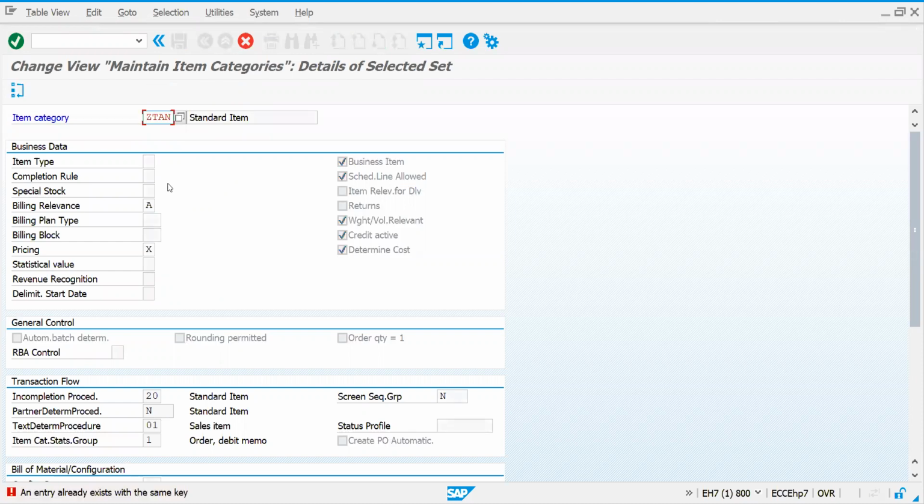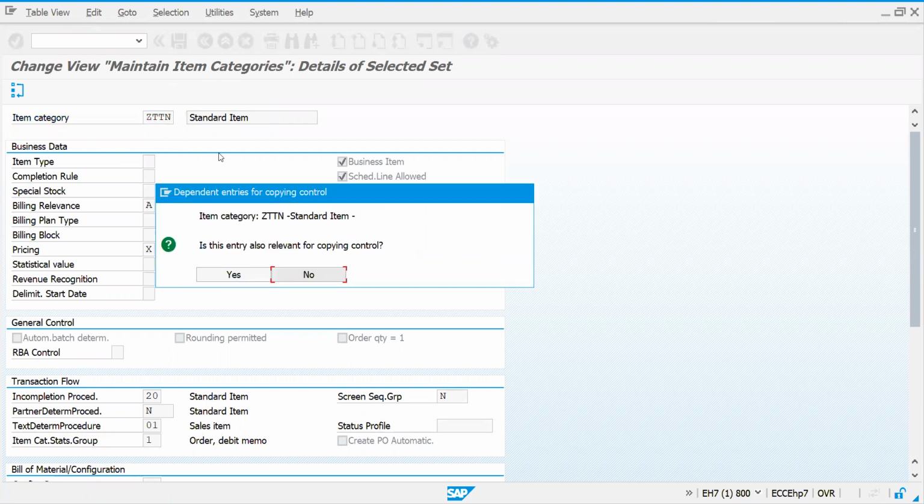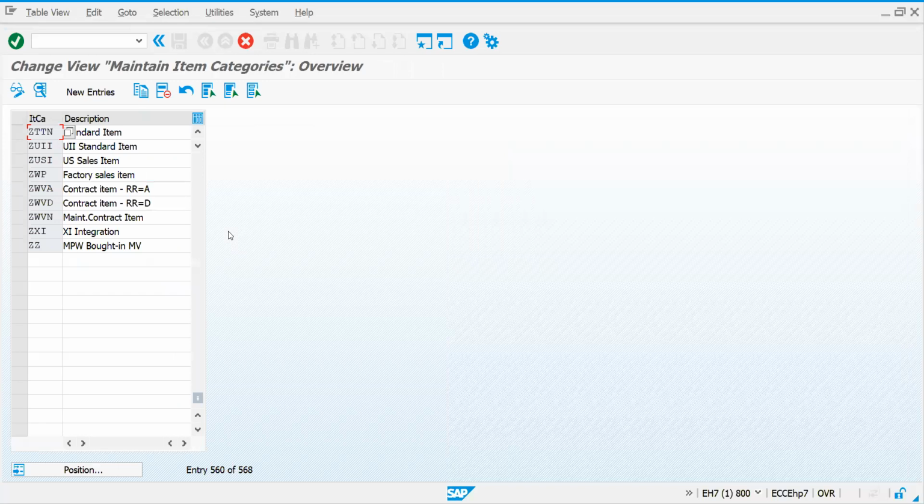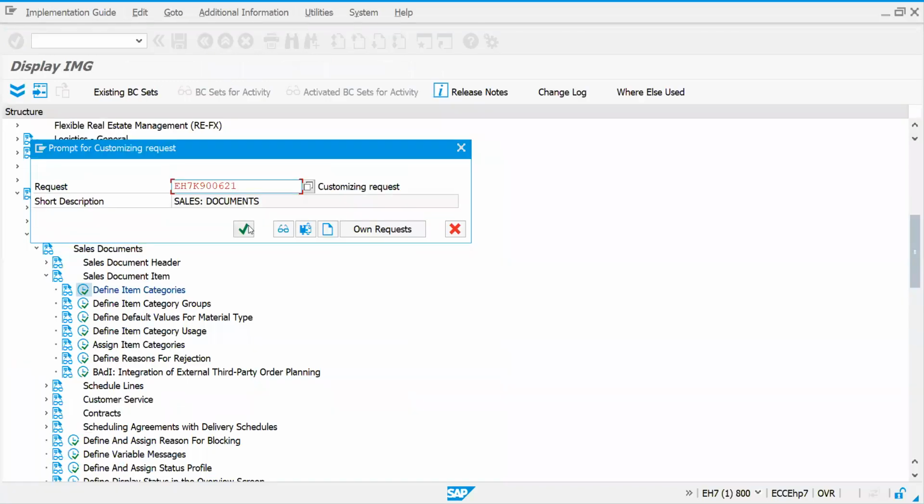If someone has already created it, it will look like this. So GTTN, let me create this one. As of now you can say no or yes, it doesn't mean anything because there is one concept called copy control. And I'm just saving this one.